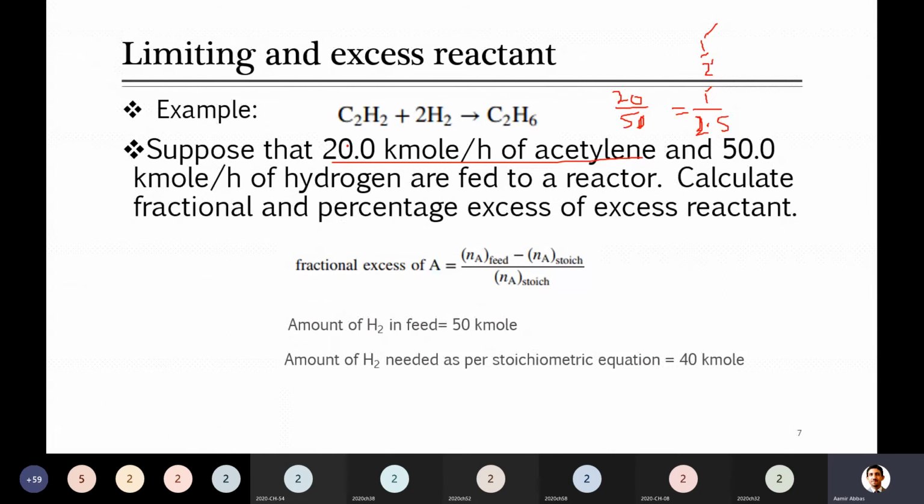40. Yes, because here when 1 mole of acetylene is reacting, 2 moles of hydrogen are needed. But you don't have to stick to that. All those who are answering 2, the problem is they are just considering the 1 mole of C2H2, but in the problem there are 20 moles of acetylene. So when there are 20 moles of acetylene, you have to calculate the number of moles of hydrogen required as per the stoichiometric equation, not exact stoichiometric always used.